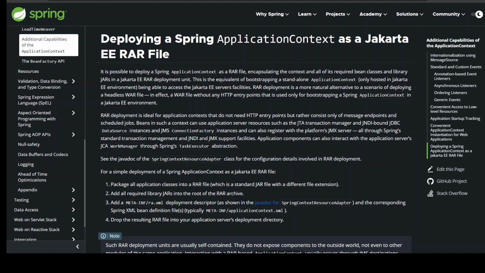RAR deployment is a more natural alternative to a scenario of deploying a headless WAR file, in effect, a WAR file without any HTTP entry points that is used only for bootstrapping a Spring ApplicationContext in a Jakarta EE environment. RAR deployment is ideal for application contexts that do not need HTTP entry points but rather consist only of message